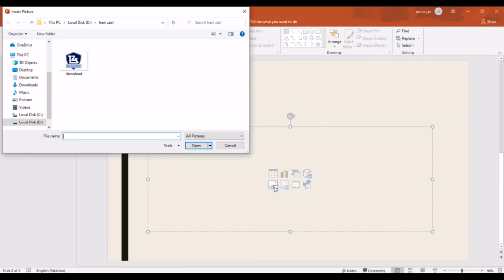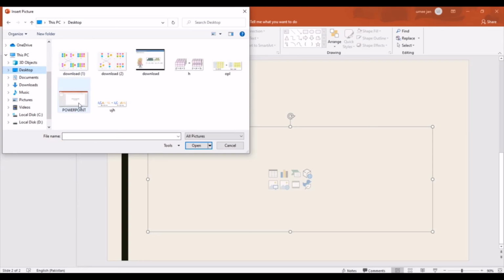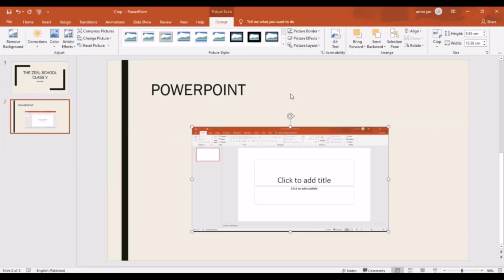I'm going to insert a picture from my desktop. I'm going to take this PowerPoint picture. I want this PowerPoint picture, so I'm going to click on this and then press the insert button. Now the picture will appear on my screen.